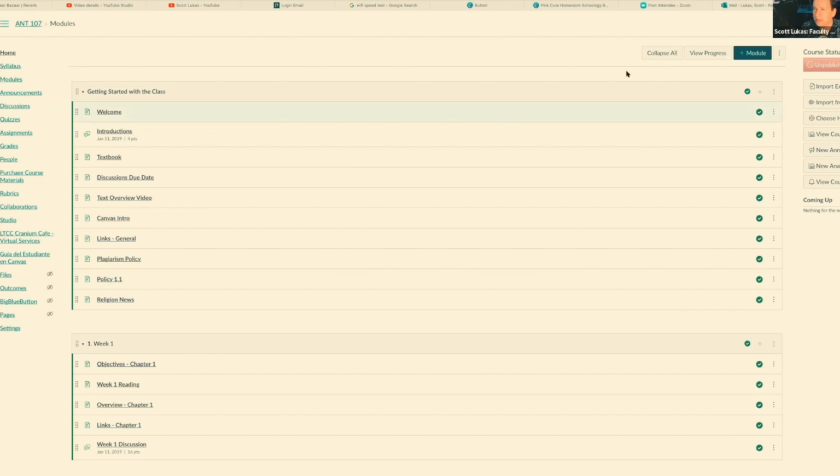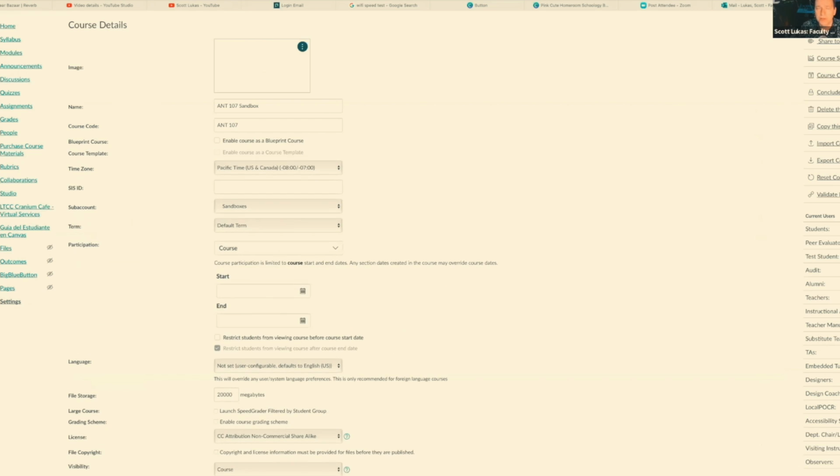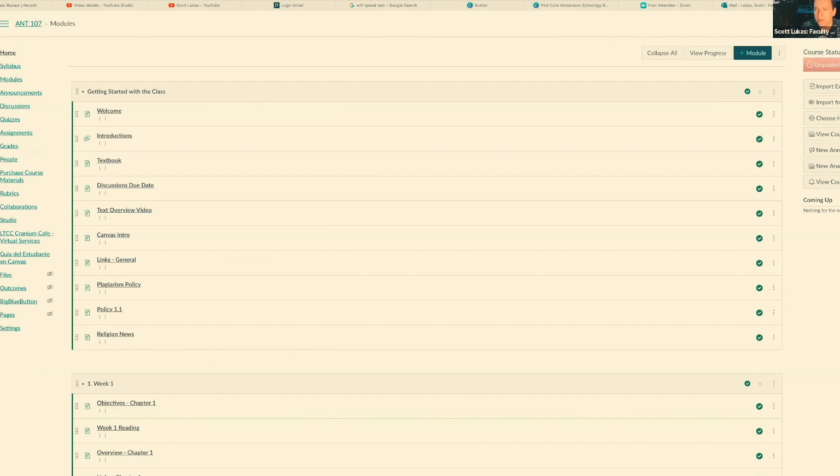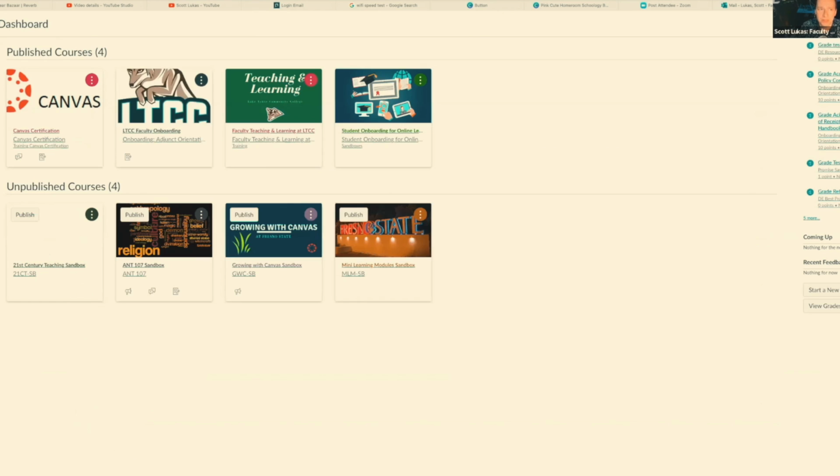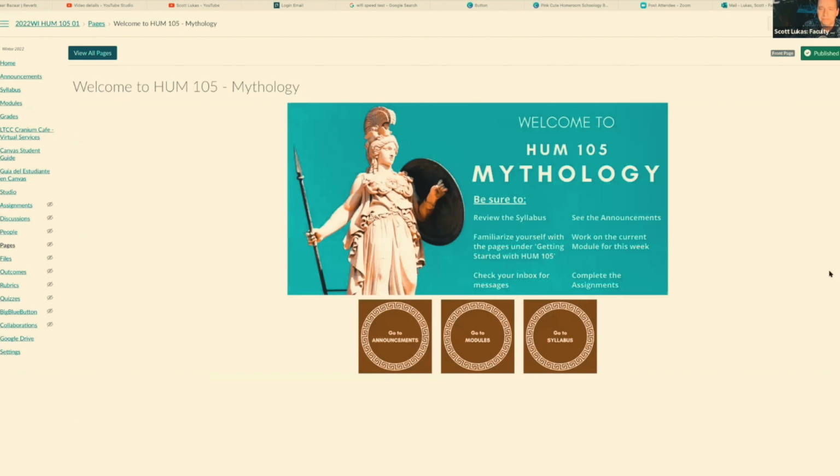In this case, I just have the module showing up, but with some other classes, I sometimes have used buttons in the past. I just haven't recently. So it's really up to you. Whatever you think is going to work for you and your students, go with that system. But if you like using buttons, as we saw with Justin's class there, it's another way to establish a sense of order and navigation and clarity at the beginning of the class when you first log on as a student. I think it's super easy to use this because there isn't a mystery about what to do, right?